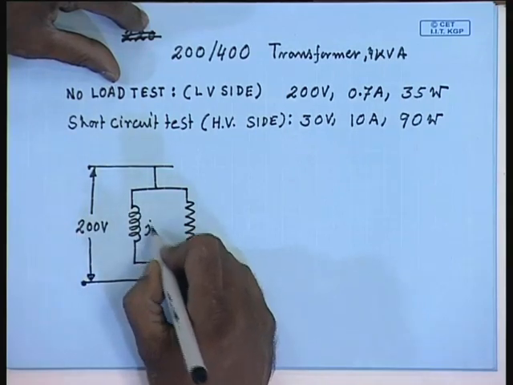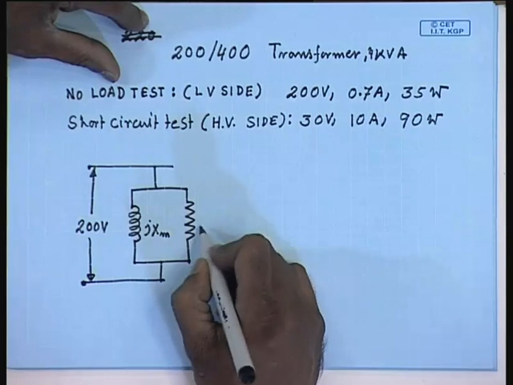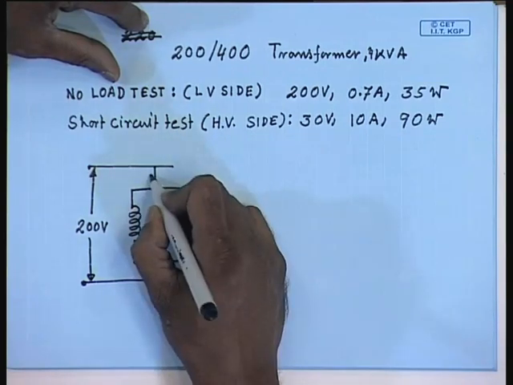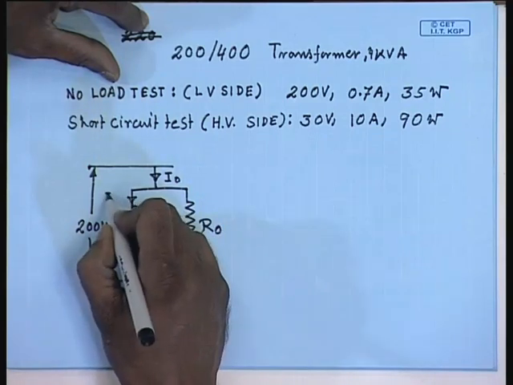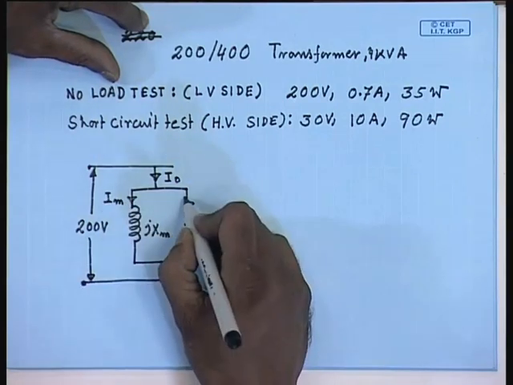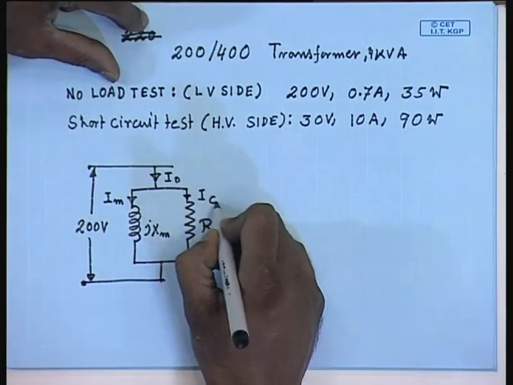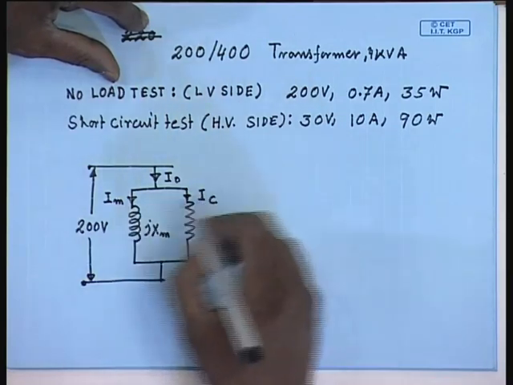This is jXM, this is R0, this is the no load current I0, this is the magnetization current IM and this is the core loss current IC. The phasor relationship is